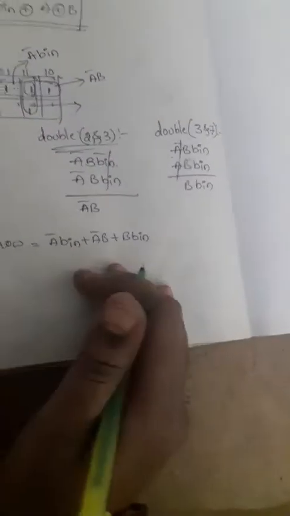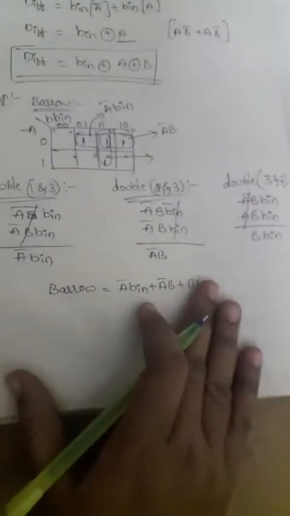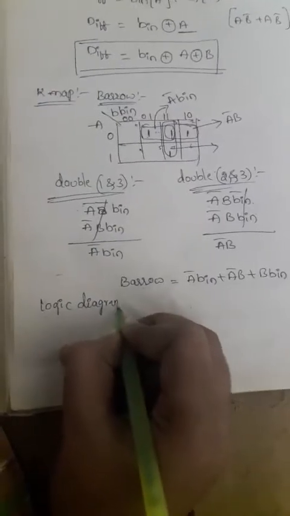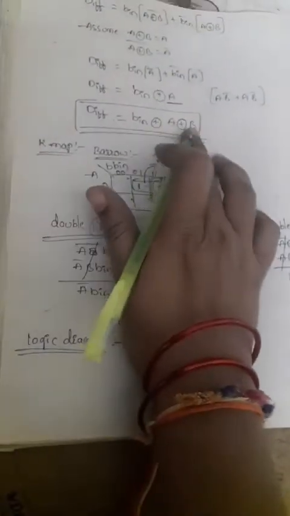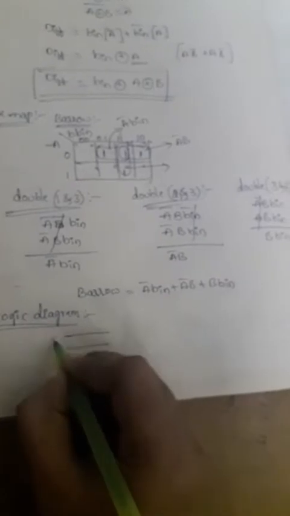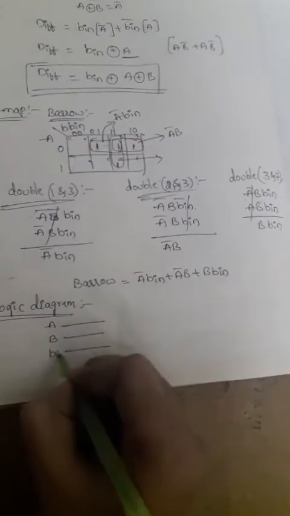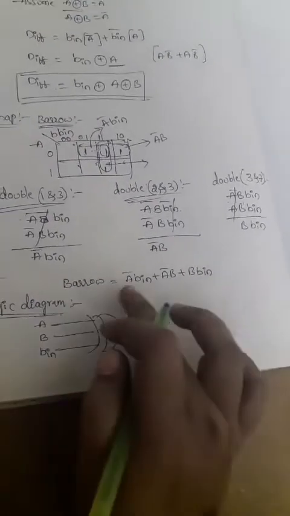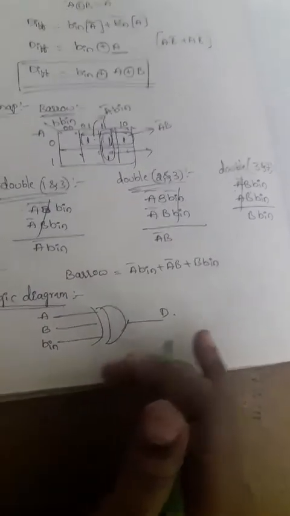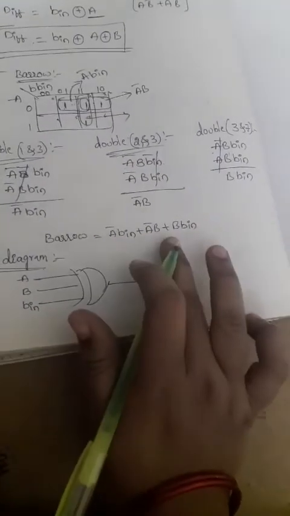Okay, so now after getting the Boolean expression, what we have to do is design the logic diagram. What is the last step? We need to design the logic diagram for the full subtractor. First of all I need to draw the logic diagram for difference. All will be XOR gates, right? Directly I can say that between A, B, B in we'll choose an XOR gate. This is difference. Now coming to the borrow, we'll need the complements.